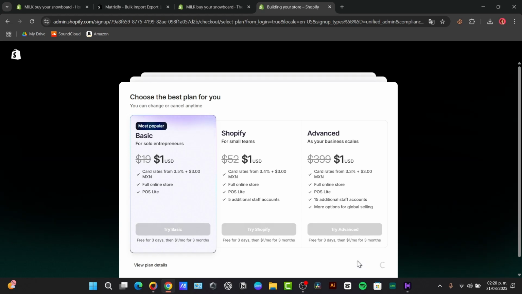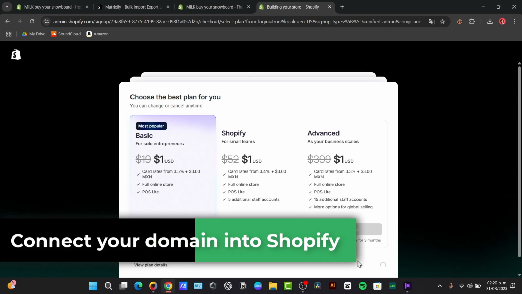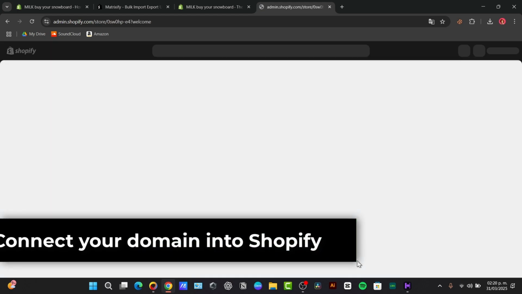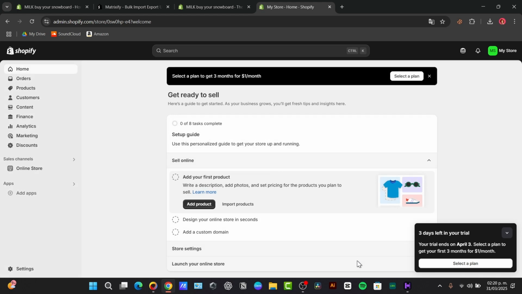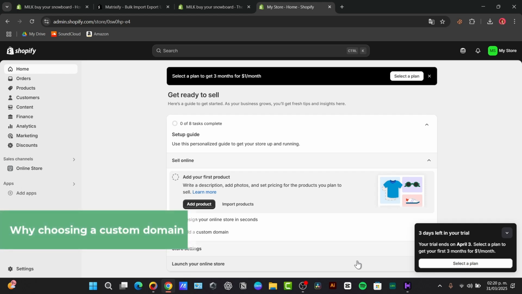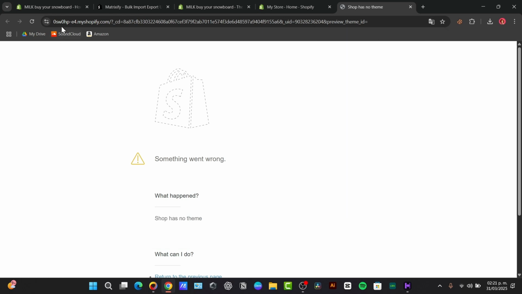Today I'm going to be showing you how to connect your own custom domain directly inside Shopify. This gives your store a professional look, builds brand recognition, and makes it easier for customers to find you. So to get started, you might be wondering why you should use a custom domain. Well, it strengthens your brand identity, looks more professional, it's easier for customers to remember your shop, and it improves your store's search engine optimization. Because, for example, if I have an online store called I'll use the E for myshopify.com